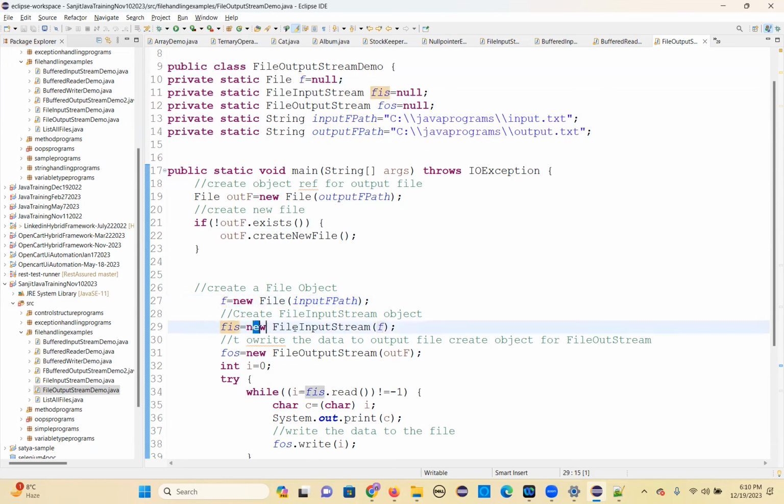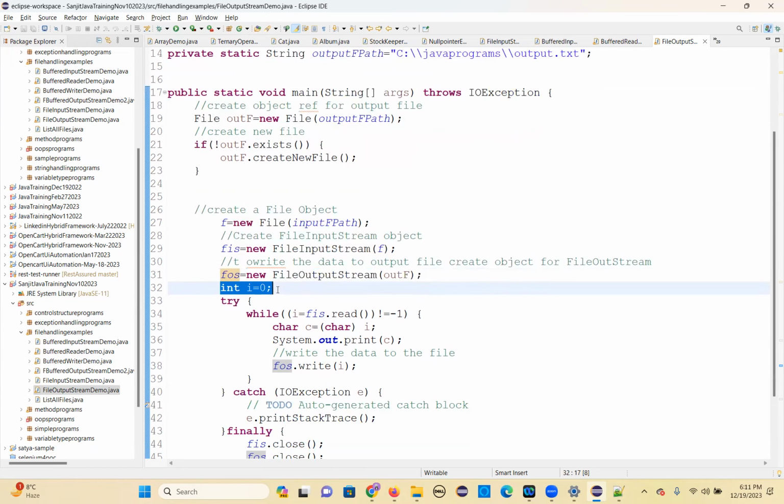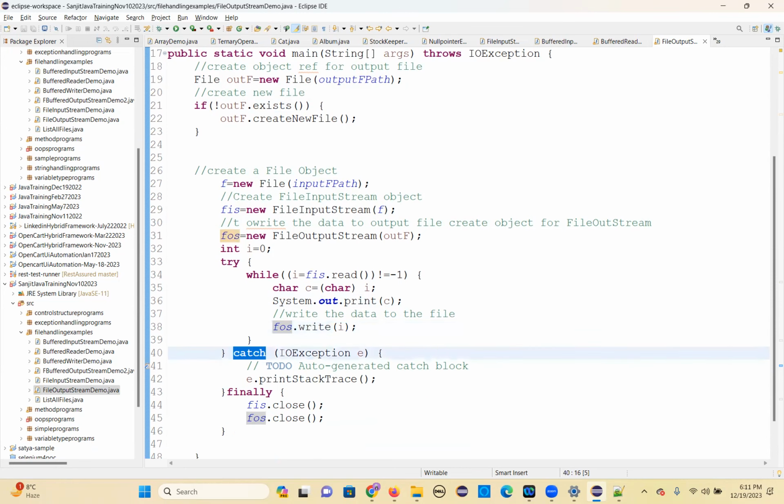And FIS equal to new file input stream for reading the data. And this FOS object is for writing the data. So first read the data. So you got it. And then write the same data, you pass it to the write method. FOS dot write, that means this output file, I am writing with a write method, right? FOS dot write I. So catch block, IO exception